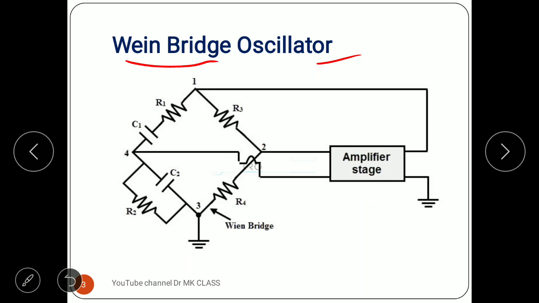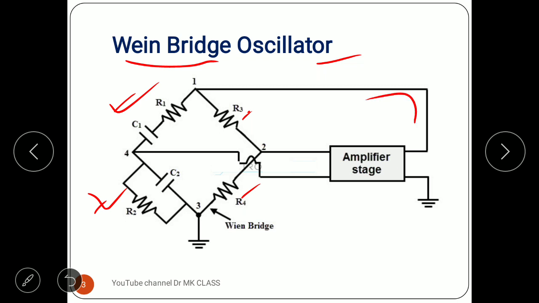So what he made is like a Wheatstone bridge only. So two resistances he has taken on one side, and on the other side he has taken one impedance on this side and one impedance on this side. So R1 and C1 make one impedance Z1, and R2 and C2 we consider as Z2. Then this impedance network only is important. This left side impedance network only is important to generate the phase shift of 180 degrees. Then how it will work, we will see.